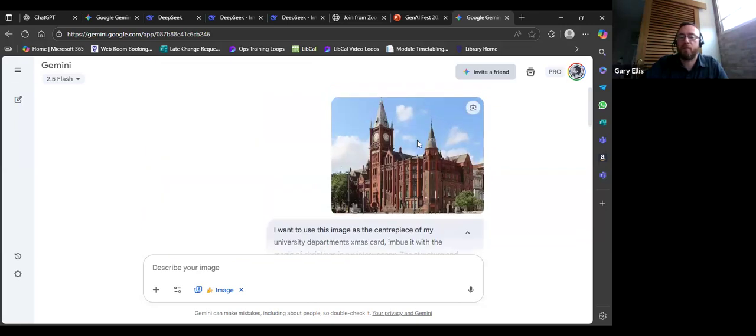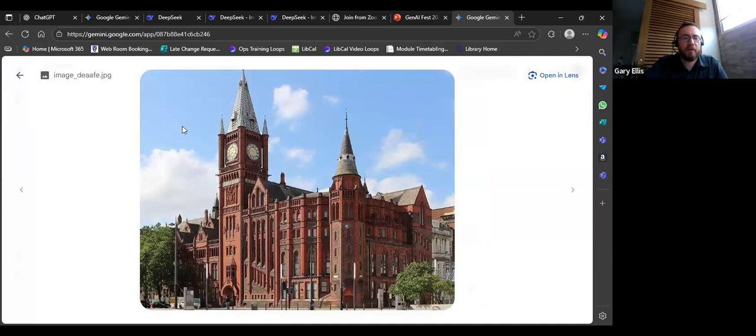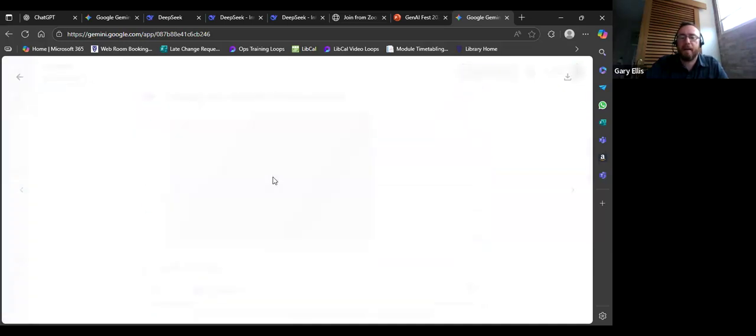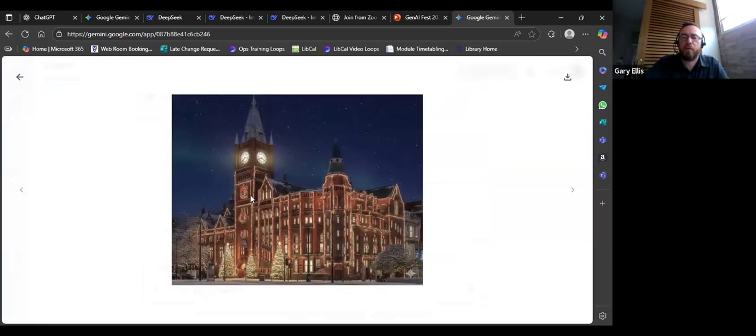Okay, so that was the original image. That is an actual photograph that is not generated by the AI. And then this is what it came up with. So it actually acted on my prompt. It's put the image at night. It's added a few Christmas trees in there. We have a bit of snow on the ground. The tree is a real tree that was in the image, and it's added these very festive lights